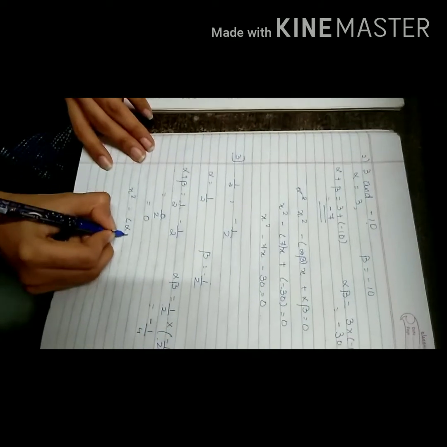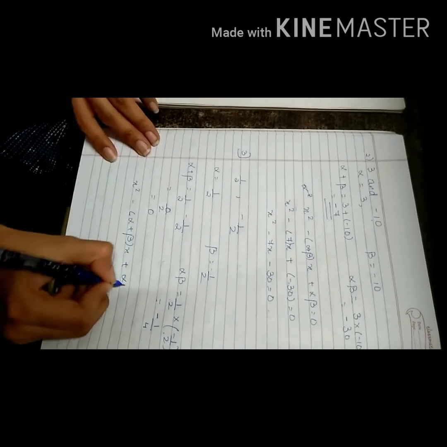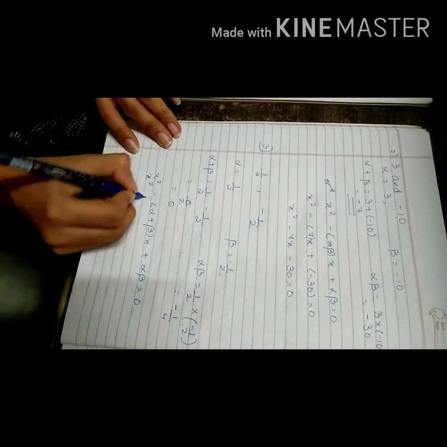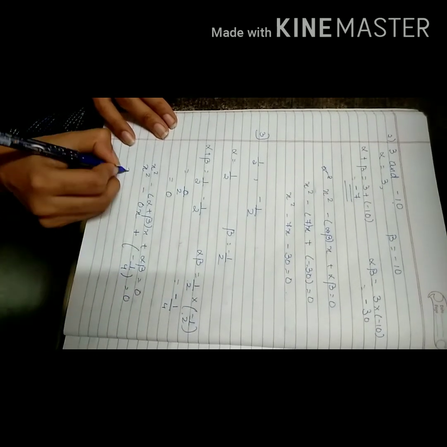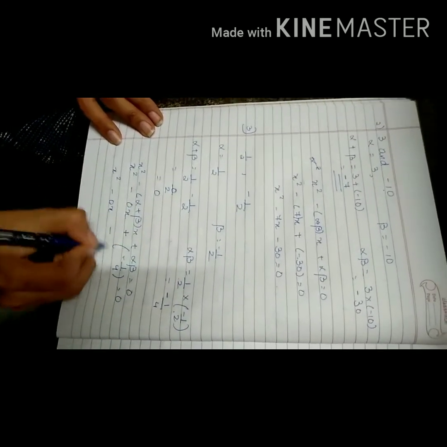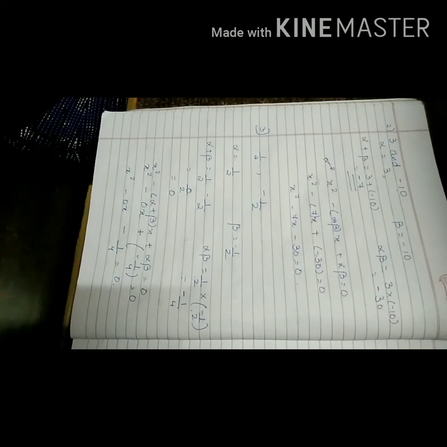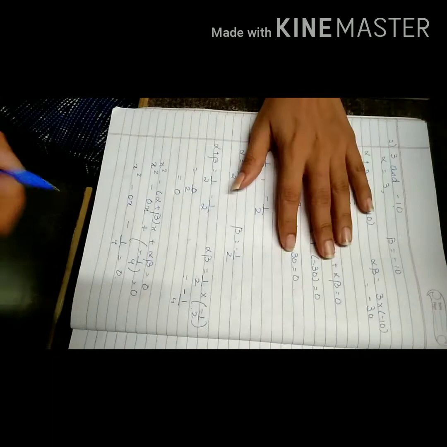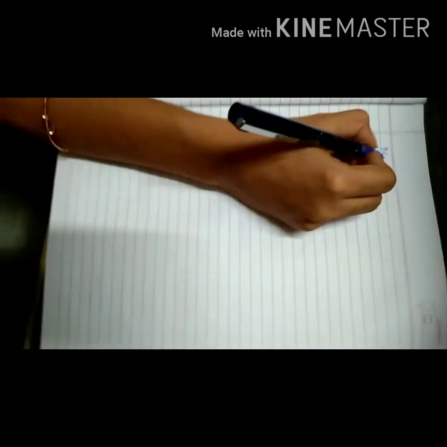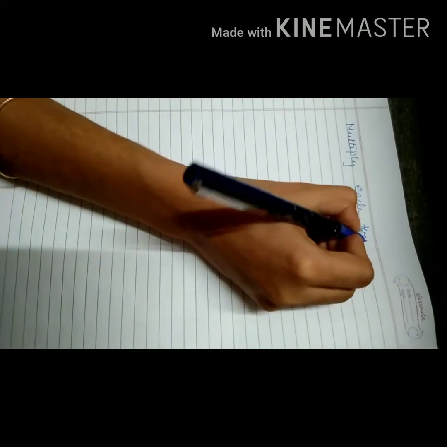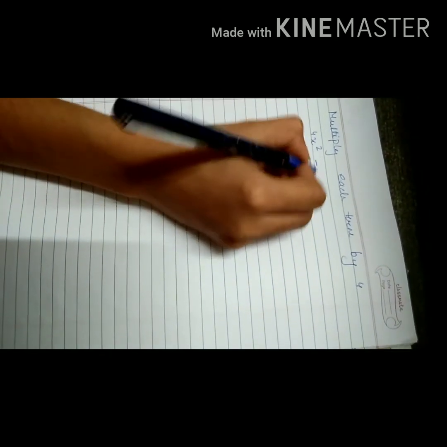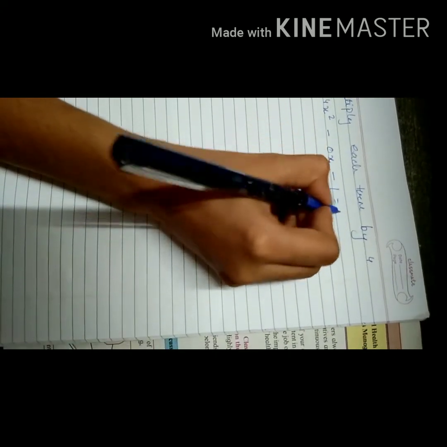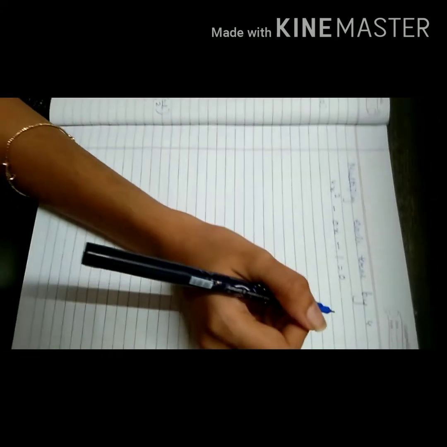Quadratic equation x square minus alpha plus beta the whole x plus alpha into beta is 0. X square minus 0x plus into minus is minus 1 upon 4. Now since the denominator term is 4, so multiply the whole equation, each term, by 4, that is 4x square minus 0x minus 1 which is equal to 0. This is your quadratic equation.